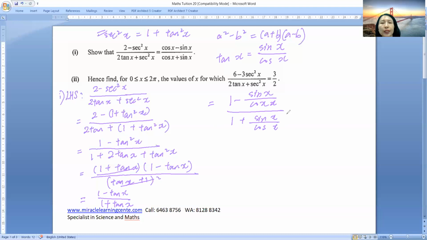So we need to take the LCM for the top and the LCM for the bottom. So we actually have (cosine x minus sine x) divided by cosine x, divided by